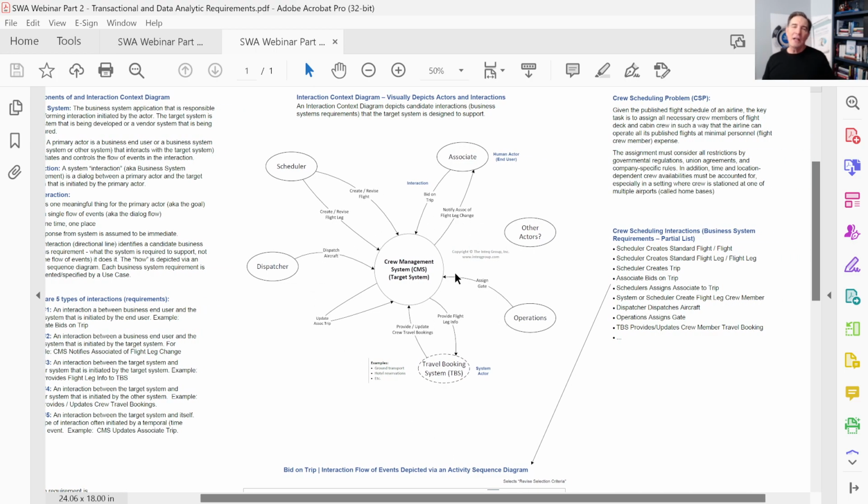The interaction context diagram in Agile speak is a low fidelity diagram. It's just a technique. We'd be out on a whiteboard, a flip chart. We could be on the system using Visio or something like that. It's just a way of having a discussion with our subject matter experts. But once we've identified our requirements here, we've done the heavy lifting, because each one of these arrows represents